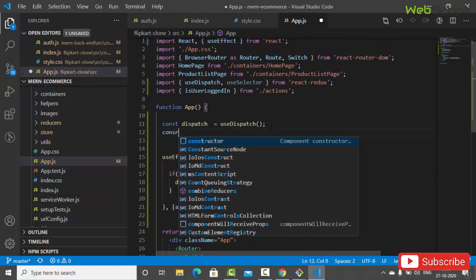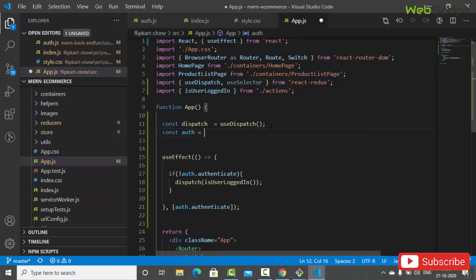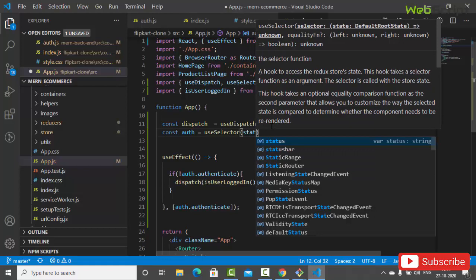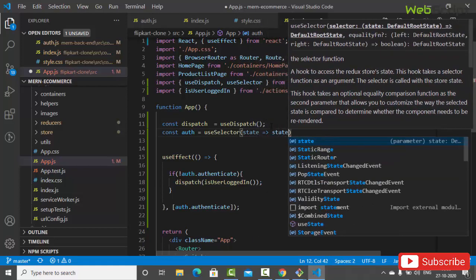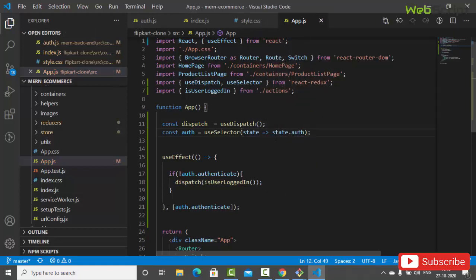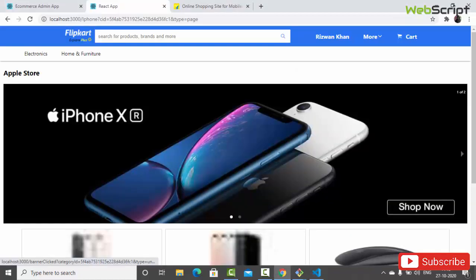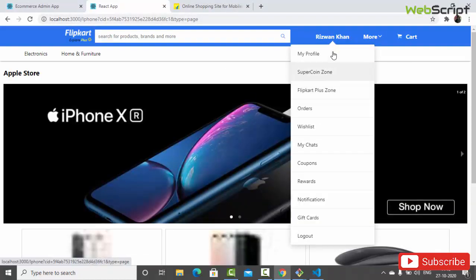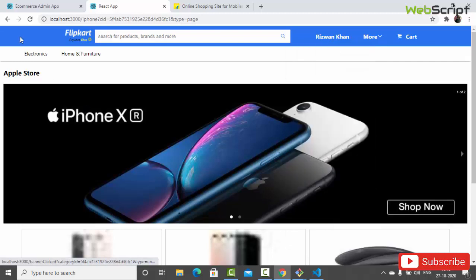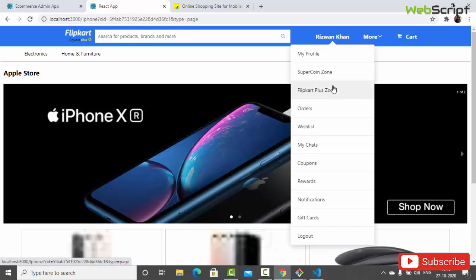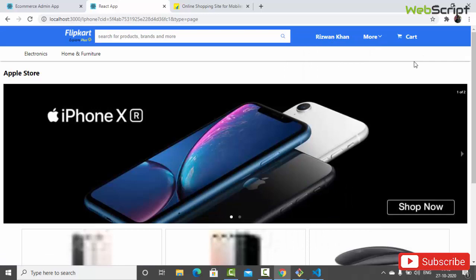And here I have to also say const auth equals to use selector, say state dot auth. Okay, because we are using over here auth.authenticate, and I need that information that is coming from this, right? Save this, and you can see I've got the name Rizwan Khan, and that is perfectly fine. You reload this and you will see, because I'm a logged in user, I have the information in my local storage. Because of that, I'm getting my name, the options like that, right? So this is working fine. One thing is done,